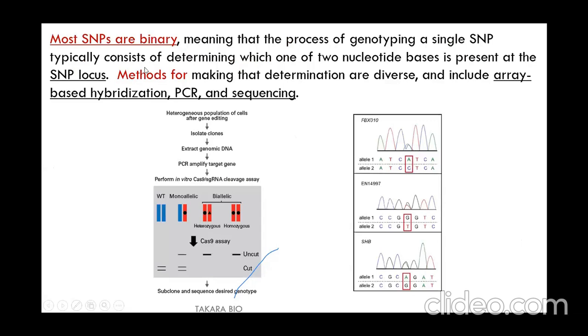Then one more important thing is that SNPs are usually binary. They are biallelic. Given a situation for wild type, monoallelic means a normal copy of the wild type, and another copy having a mutation there. Monoallelic, only one allele is there. But biallelic means both chromosomes, at both loci, carry alleles. So you get a heterozygous with 2 different alleles, or a homozygous allele here. For example, it's always biallelic: allele 1 and allele 2. For a specific gene, it changes depending on the frequency in the population.